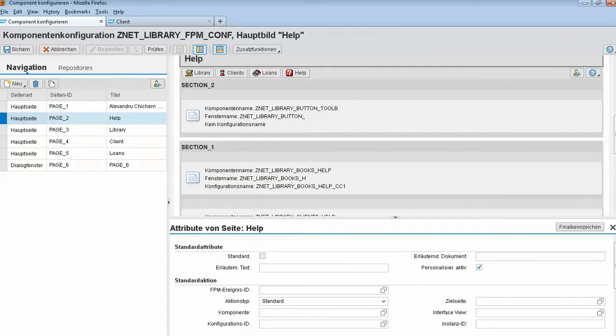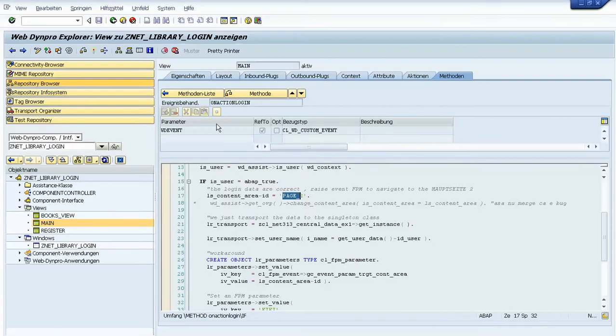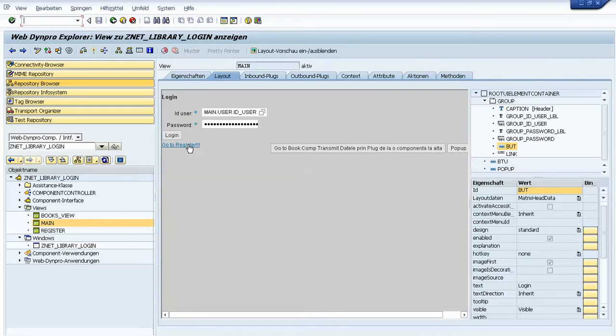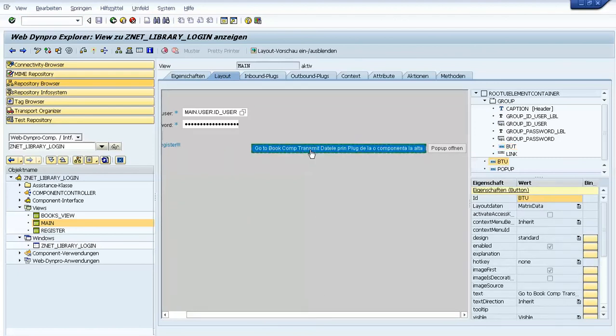But I also want to present you some other stuff here. We have seen that in the layout. Okay, and then we can just navigate to the other view pressing these navigation links, which fires an outbound plug, and this outbound plug, it's caught in the inbound plug of the register, and then we navigate internally from a view to another view. I also have done some test buttons,